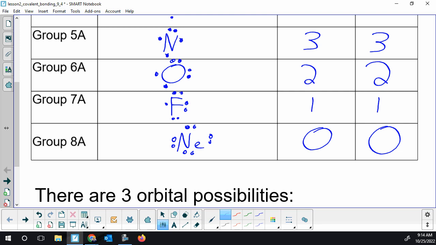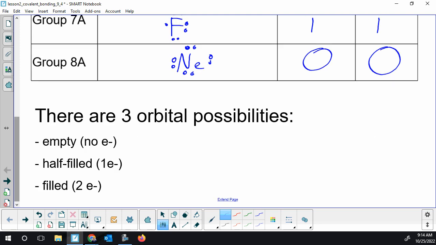So we ended up with 3 possibilities of what's going on in an orbital. We could have an empty orbital with no electrons in it. There's not much to talk about there. Those orbitals could potentially get filled with electrons, but we're not going to see that in this course at the moment. You could have a half-filled orbital that has 1 electron, and this predicts the number of